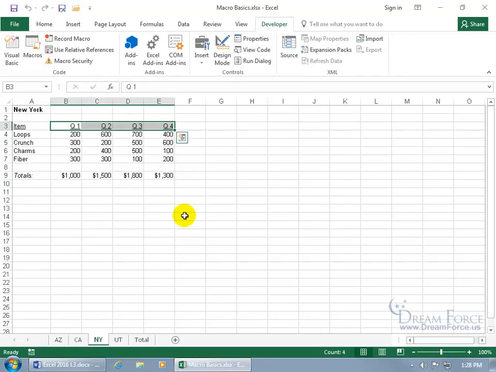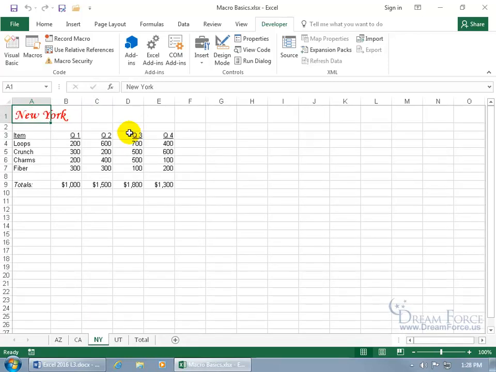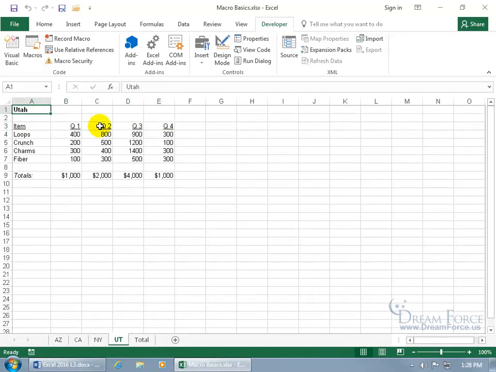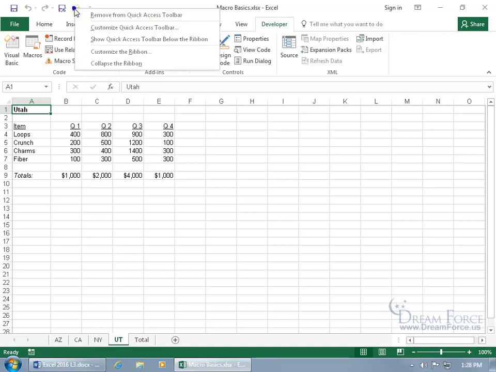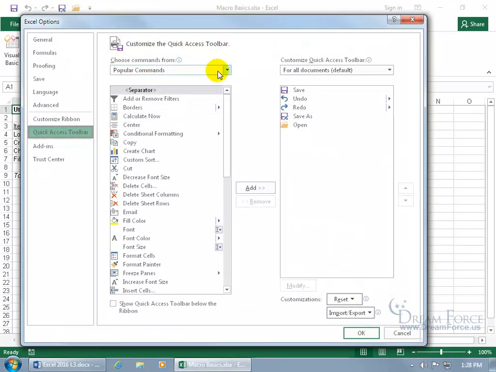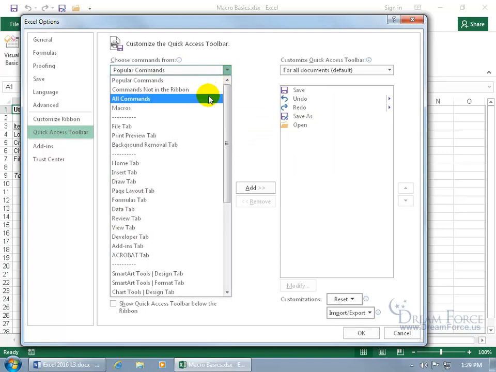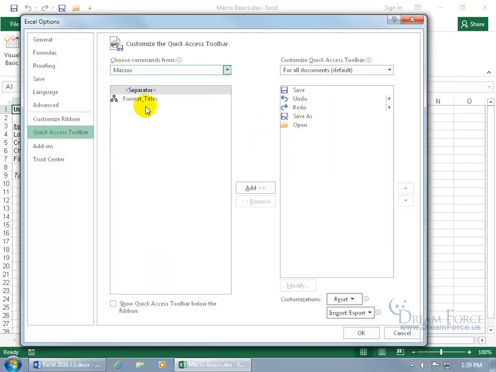So next, for New York, again, the other way we can do it is the shortcut keys, Control-Shift-M. Oh, nice. And then finally, let's go to Utah and select the cell, is that you can actually customize the quick access toolbar and add the macro to it that you can click on it to run it as well. So right click anywhere on the quick access toolbar, go down to customize the quick access toolbar, change it from popular commands to macros. And we just have one macro. It's the format titles. Double click to add it over to the right,